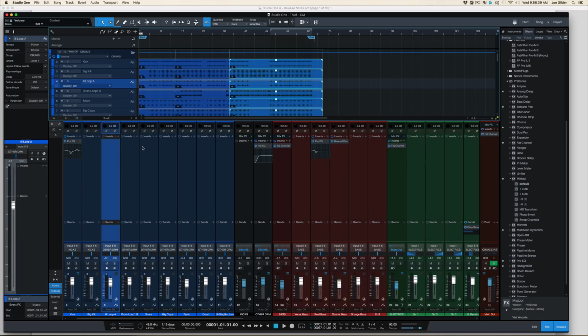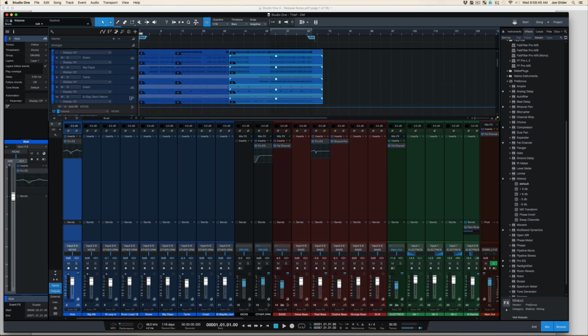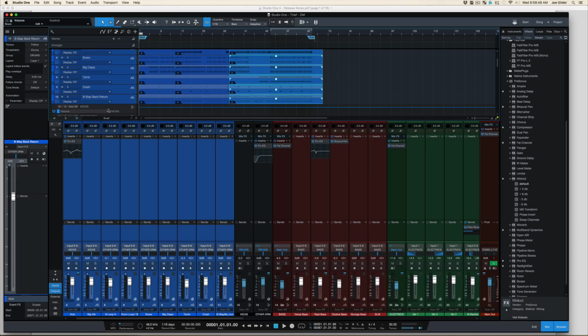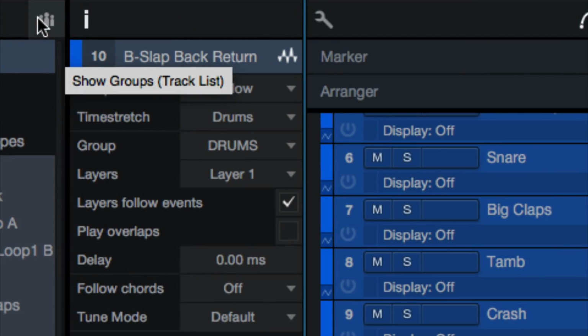And I'd rather not have to go back and forth between engaging and disengaging the group, or turning the group on and off, which is kind of the way you had to do it before. So what's cool is they give you the option, and I've got to find out where it is real quick. Hold on. Okay, here it is. If you expand this track count over here,